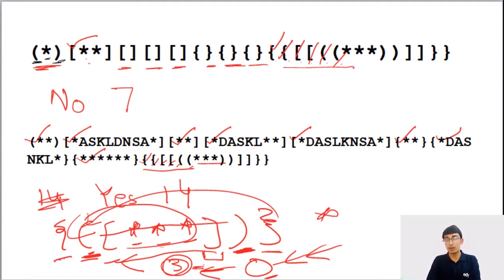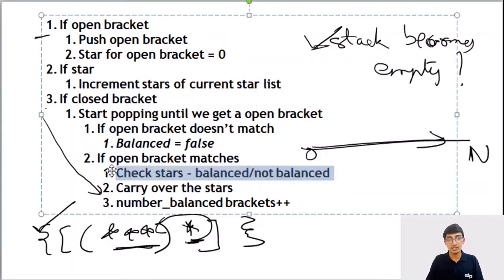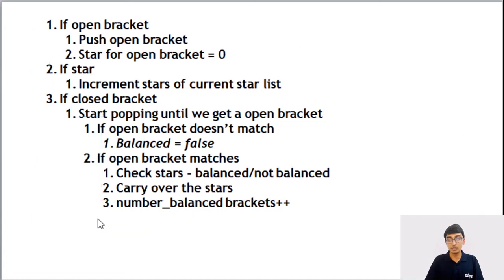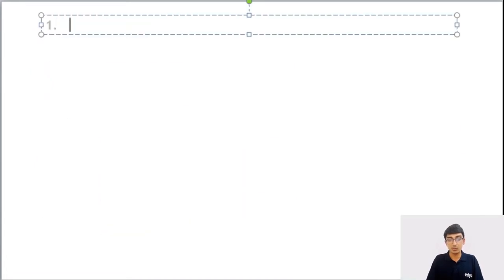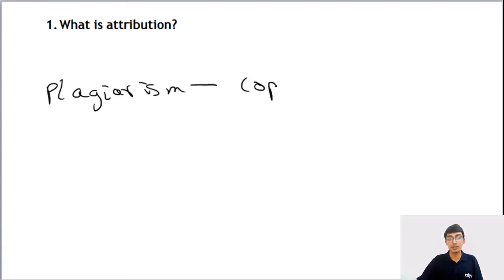But a couple of pieces of advice before you go for tomorrow's exam. One thing that we came to know very recently is the whole issue of attributions, and everyone's been asking about it. What is attribution? It's when you take code that is not yours and try to submit it like it is your code. There is something called plagiarism, which is blatant copying. This is wrong anywhere, anytime.